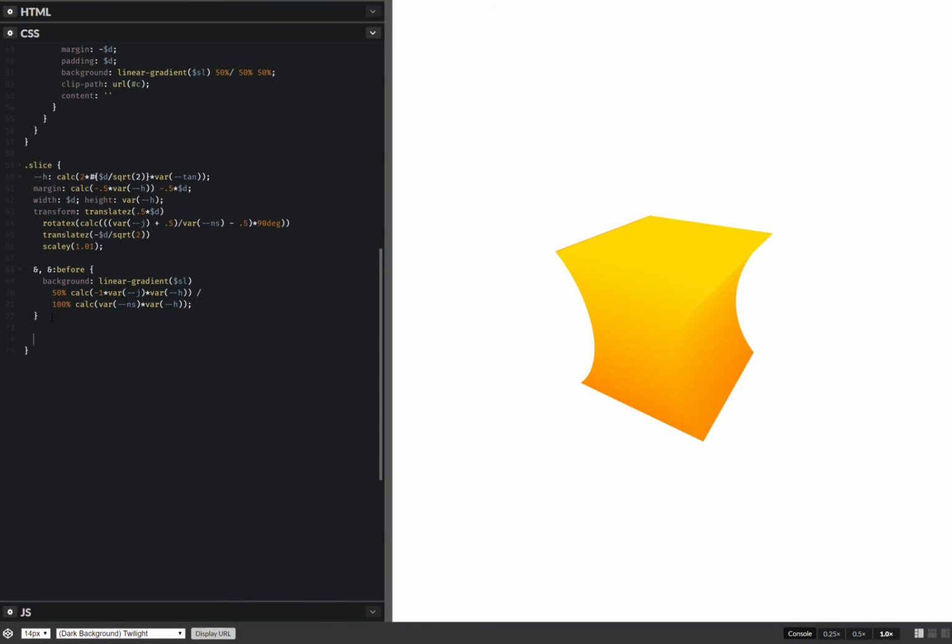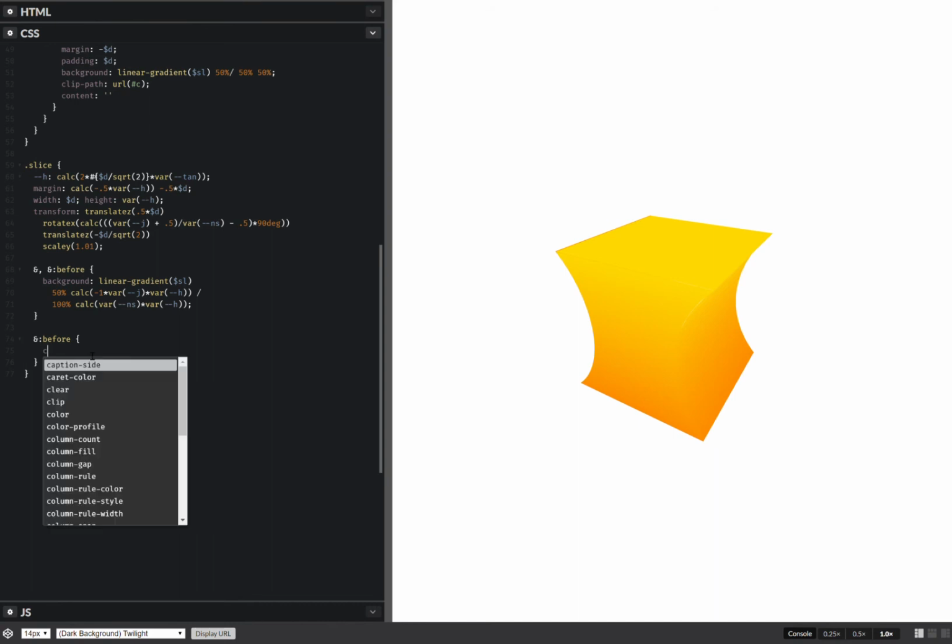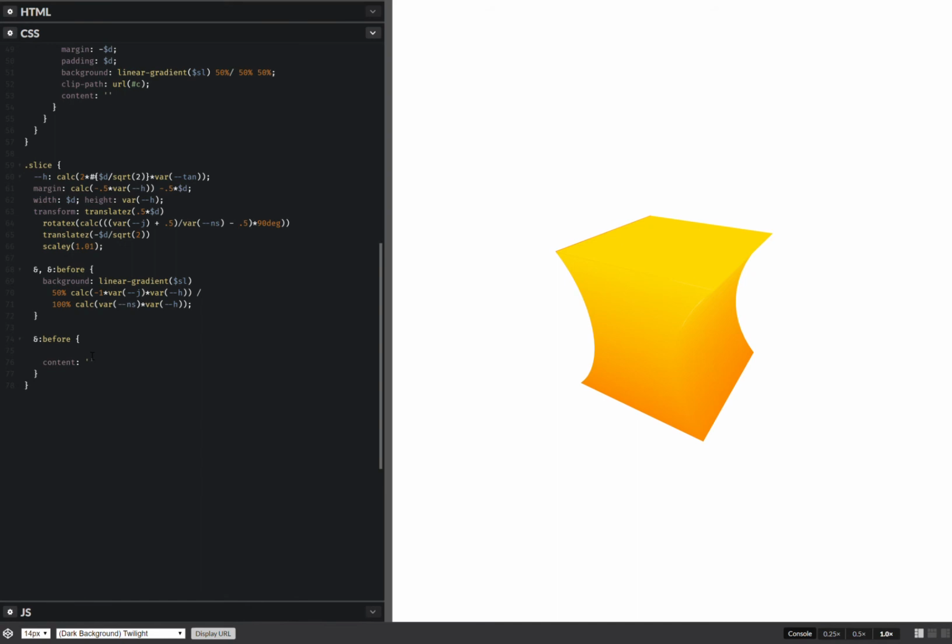Now for the before, I want to cover its parent fully. Okay, top 0, right 0, bottom 0, left 0. So I wanted to cover everything fully. And here I'm going to have an angle. So this is calc. And I want to have, the thing is,